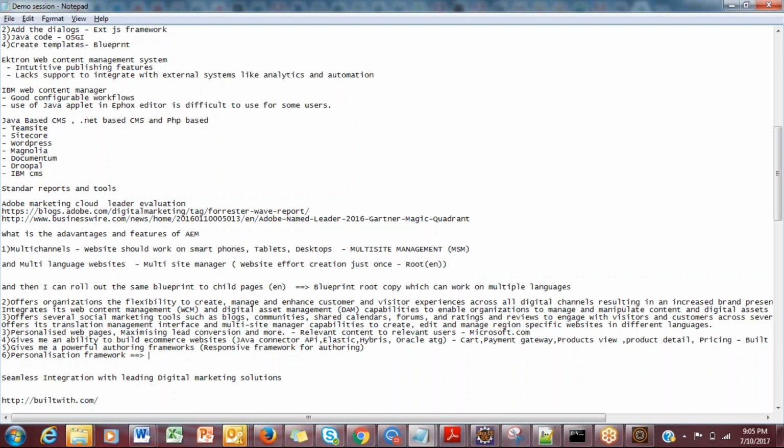So basically the first thing I need to create when I work with personalization is segments of users, right? What do I mean by a segment? For example, a segment can be something like people from California. This could be one segment. AEM gives you an interface where you can go and create these segments, right? It could be based on the geographical location or based on the OS. For Android users, if you log into, let's say, Microsoft.com, it might show you a different page. For Apple users, it might show you a different page, right?